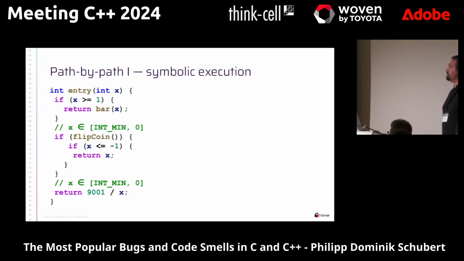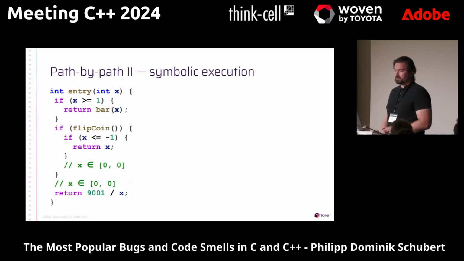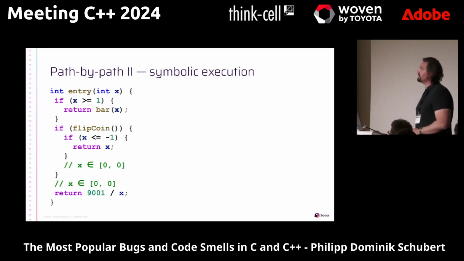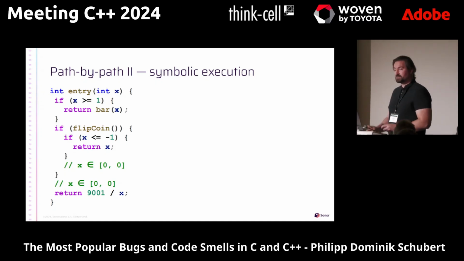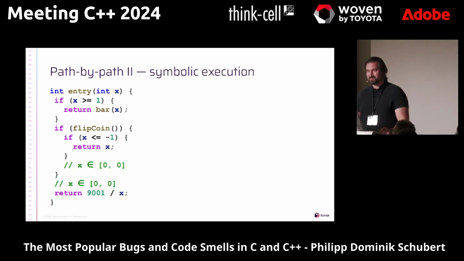So we would have that one path where we have this piece of information, we don't take that branch, and again, we end at this last return statement here with that information. That would be one outcome. And we also separately analyze the path where we don't take this branch, we take the second if branch, and we don't take the third if branch. Then we end up in this situation where x is exactly 0, and we do have a serious problem because that